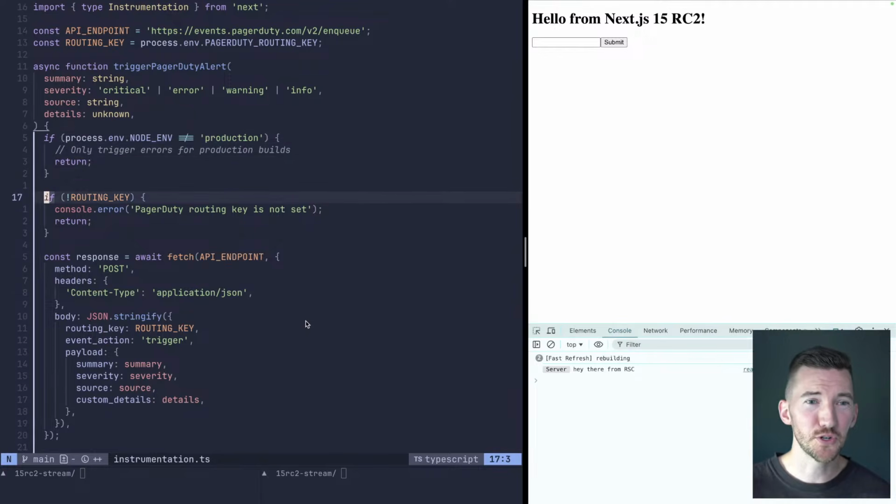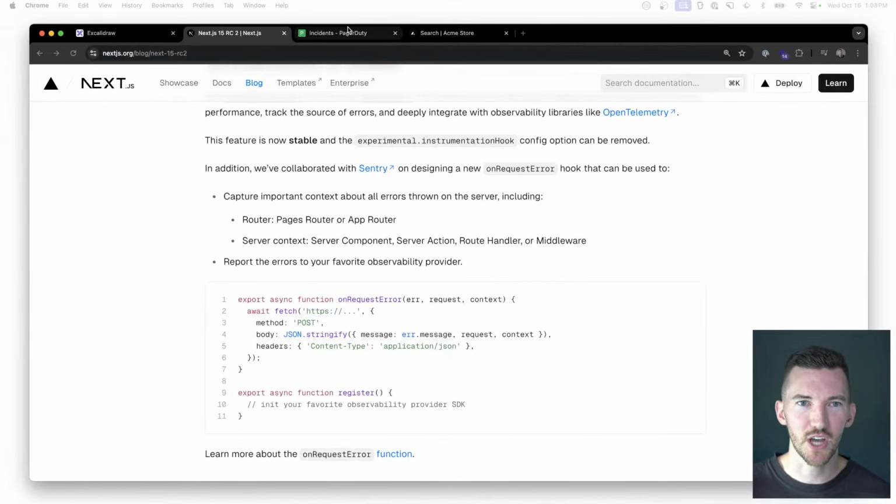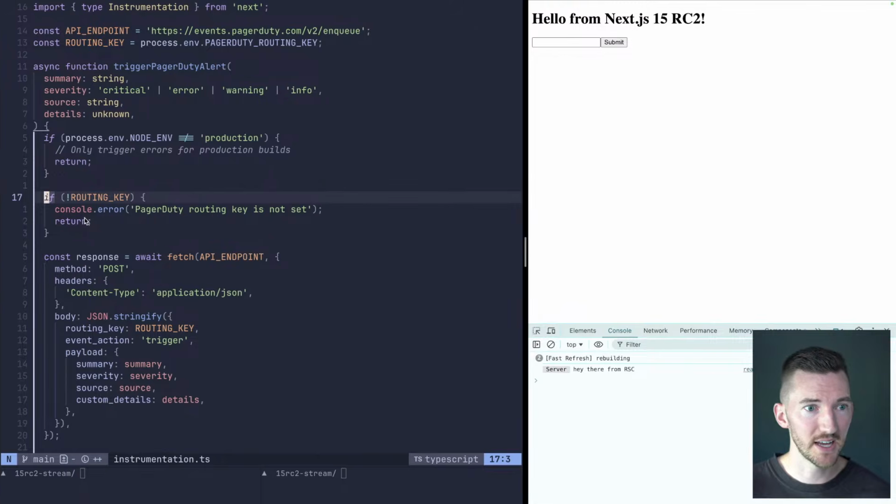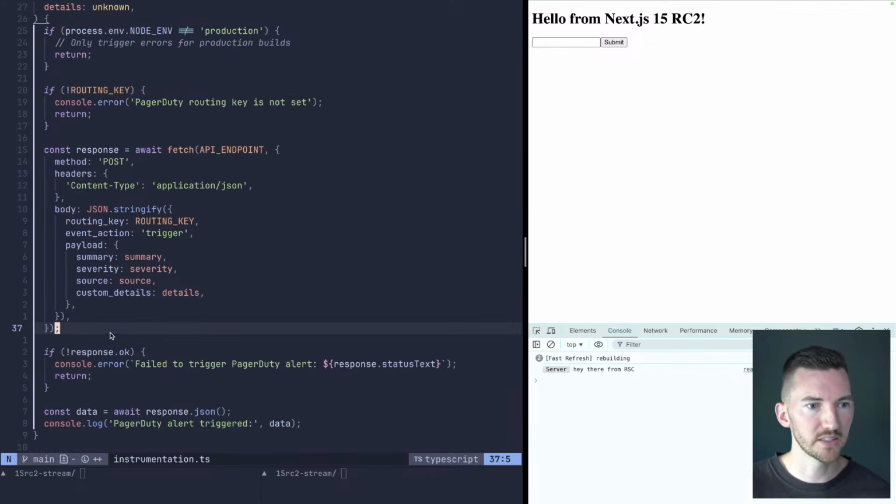Honestly, setting up PagerDuty was super easy, by the way. So shout out to their team for making this process and onboarding really easy. But all I had to do was copy a code snippet basically for their API call, take this routing key and put it in my .env file, and then make this fetch to the API endpoint and forward along some